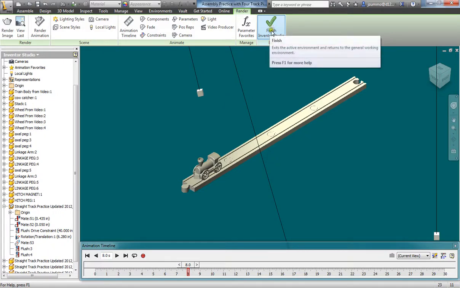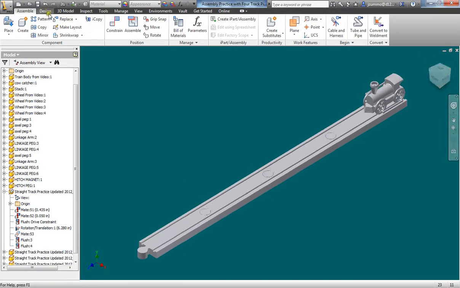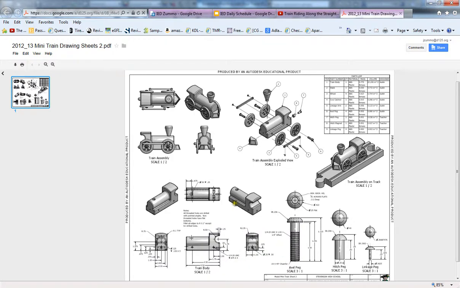I will then say finish Inventor Studio, and then I'm just going to save this file one last time. Make sure you save everything. So at this point, if you followed these steps accordingly, you should have your original assembly file, which you will place on your drawing sheets here in a multi-view. You will then have that second assembly file, which we created with the train and the one track piece offset a little bit from the back to give it a nice look, right in the middle of the track here. And then you should also have that third